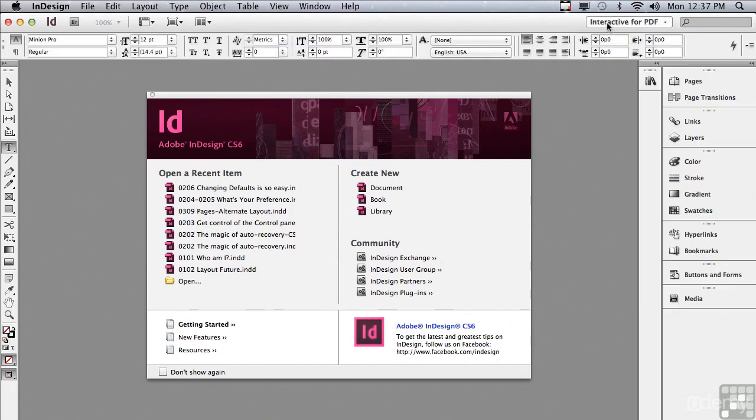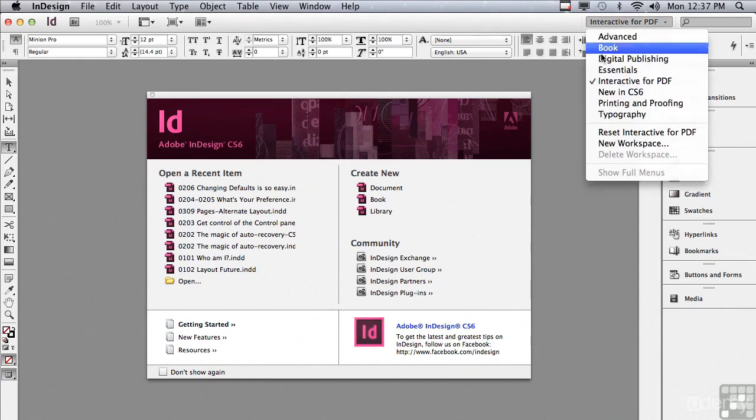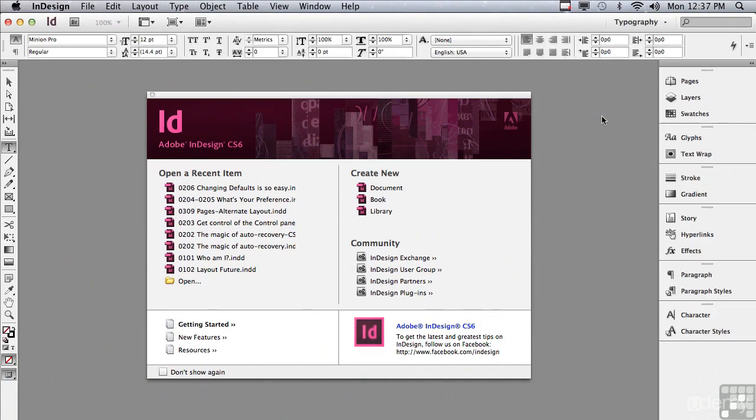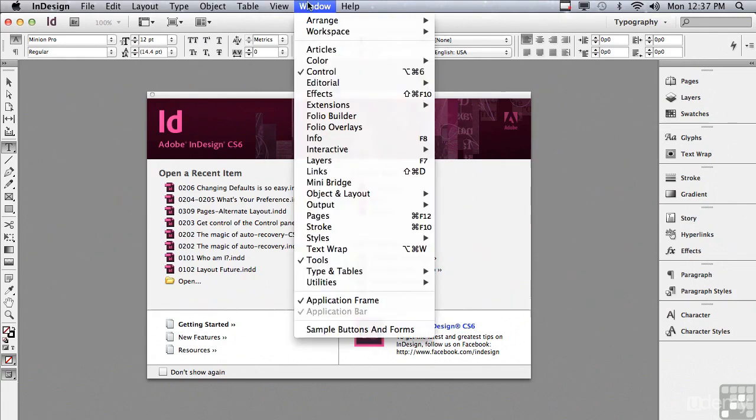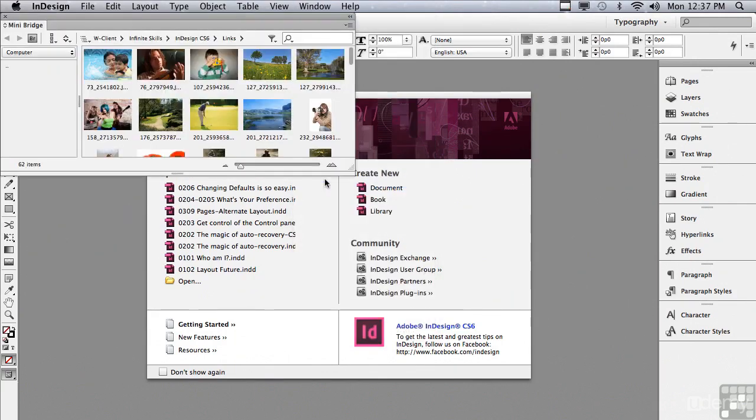But if I wanted to create a print workspace for the way that I worked on print, I probably would start with typography. A lot of what happens in print has to do with typography, so that's a good place to start. To start creating my own custom workspace for print, I'm going to add in the panels that aren't currently open. I'm going to go under my window menu, and maybe I want to include Mini Bridge in my